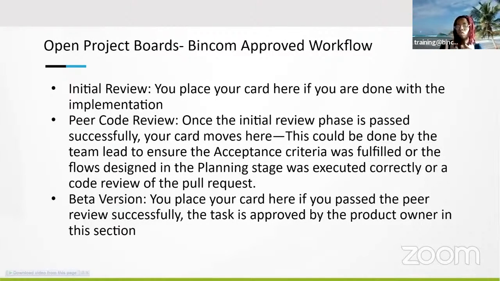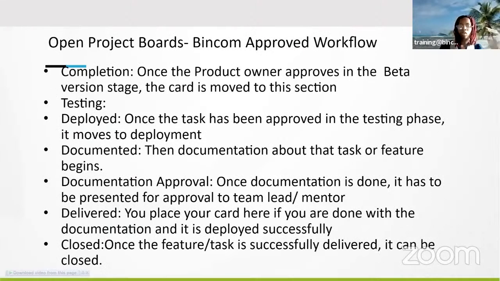And once the initial review phase is passed successfully, your card moves to the peer code review. You place your card on the beta version if you have passed the peer code review successfully and the task has been approved by the product owner as well. So once the product owner approves the beta version stage, the card is moved to completion.